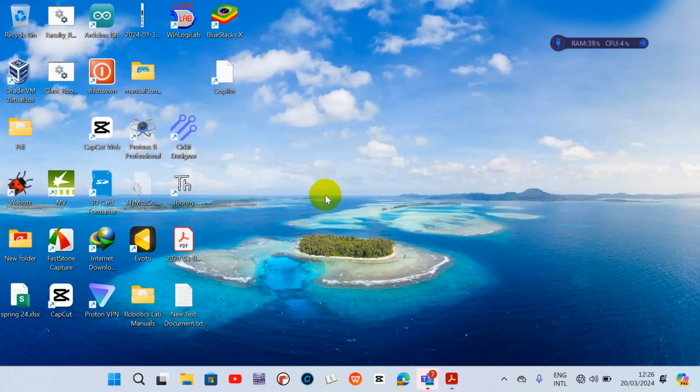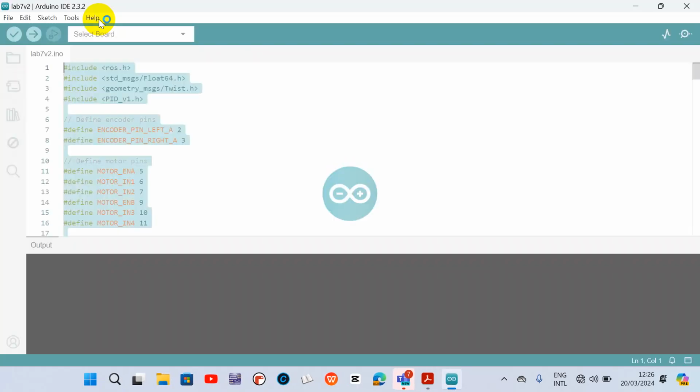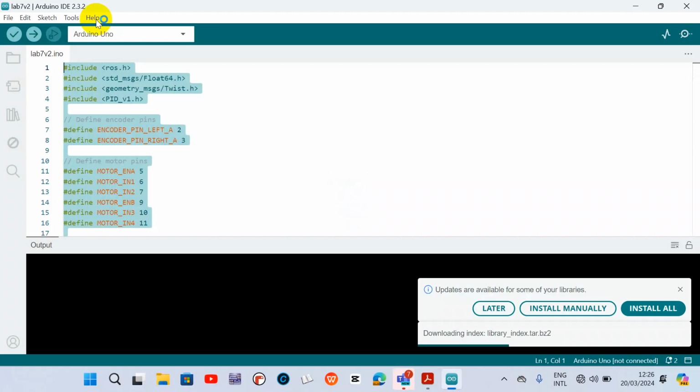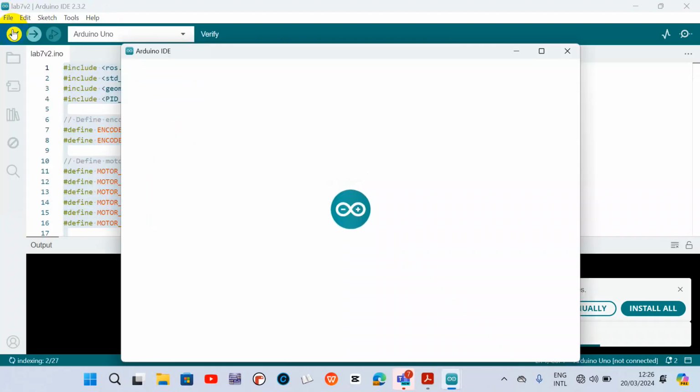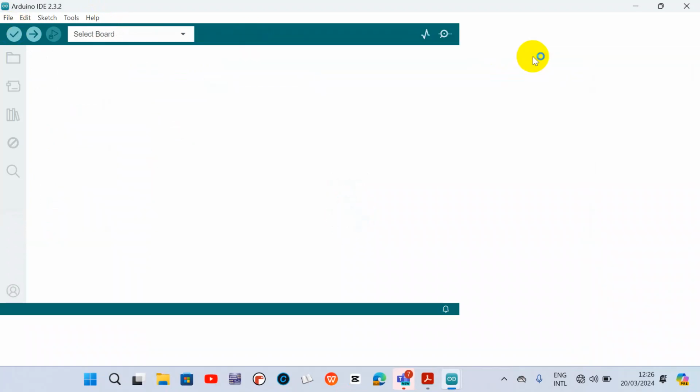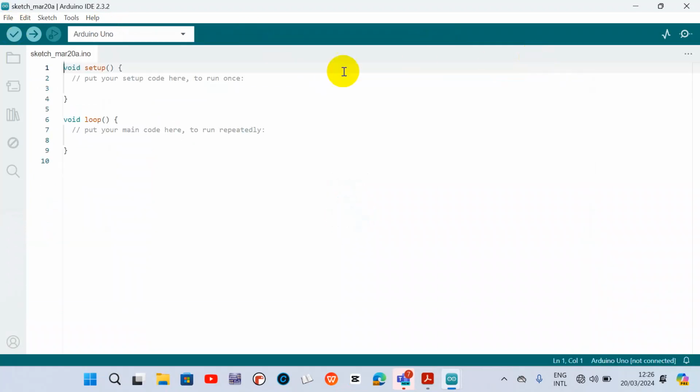IDE, Arduino IDE, double click it. So, file, new sketch. In the new sketch, first you have to select the board: Arduino Uno at COM8. So it has detected the board. So fine,